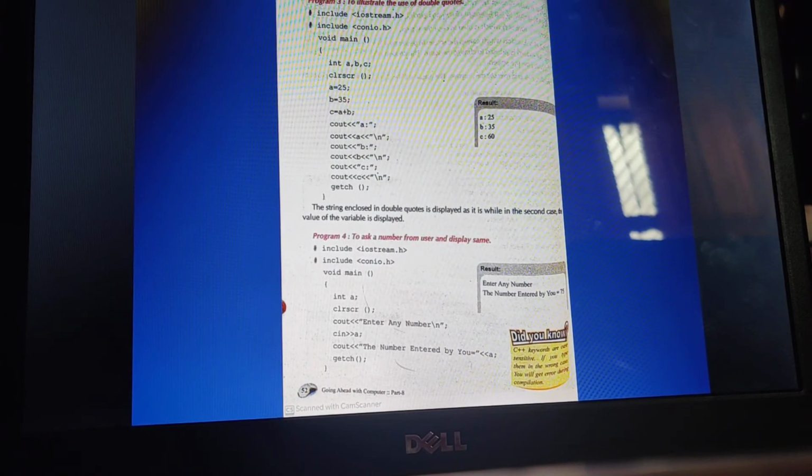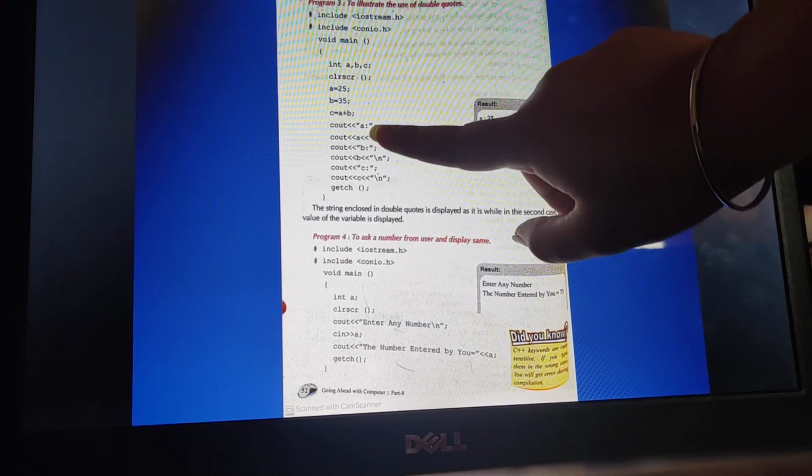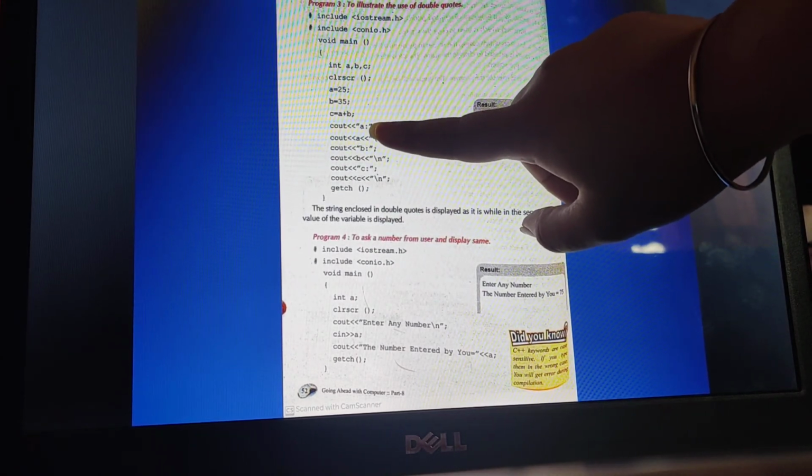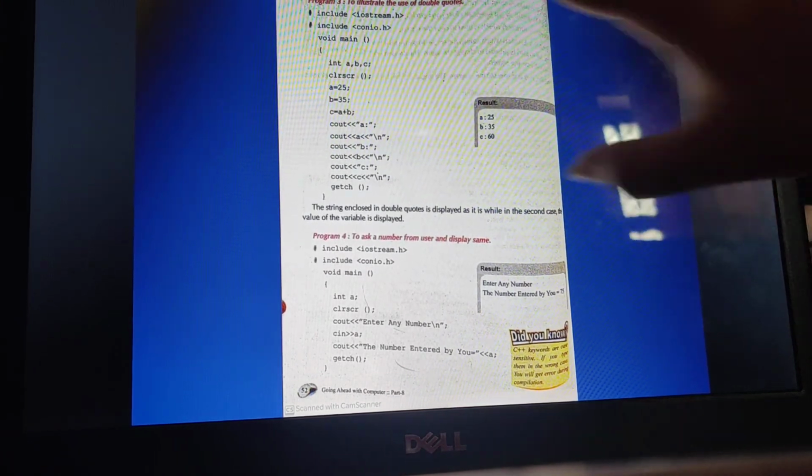The string enclosed in double quotes is displayed as it is, while in the second case the value of the variable is displayed. I told you that when you are writing it in double quotes, it will be displayed the same way.